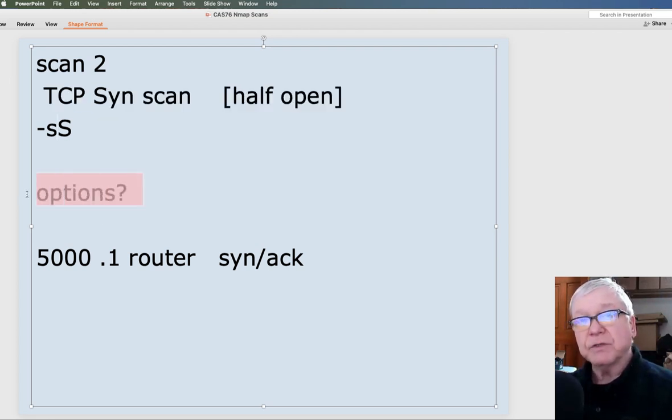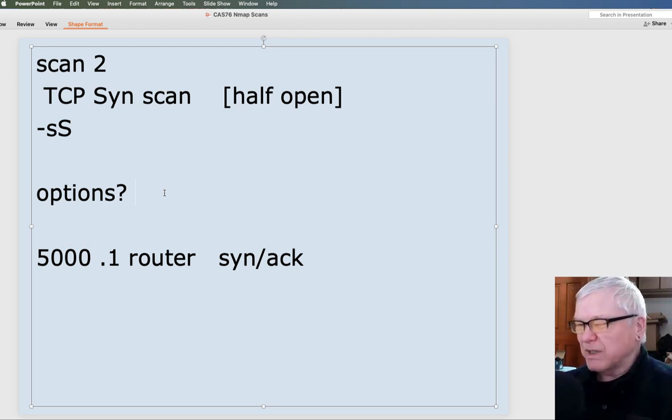So that's a half-open SYN scan and what things look like. And of course, in the options we saw, there's some things that are kind of non-standard there. It's not actually asking to talk with only a 1024 size bucket on this end for a window size.